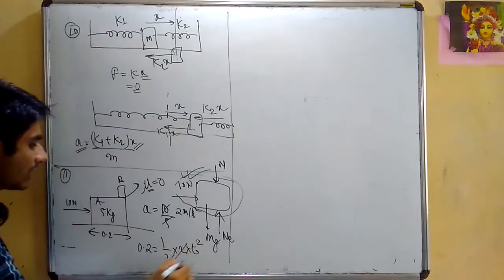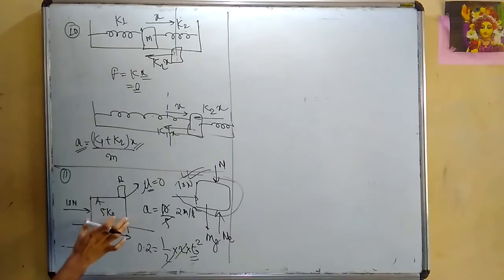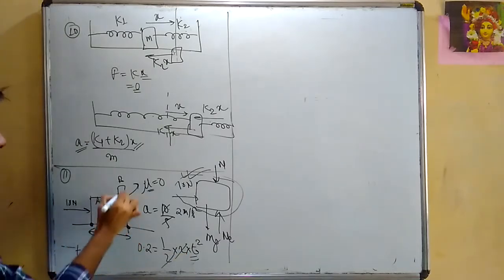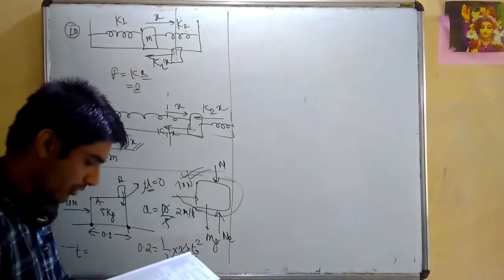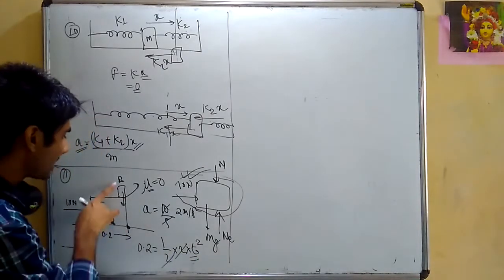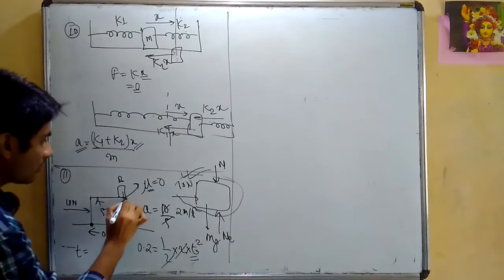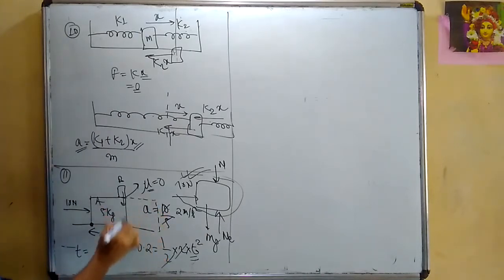So what is the time taken? If you see, time taken for covering this distance means this point will come to this point, then this will fall down, right? This is what is asked in the question. Find the time elapsed before block B separates from block A. So final figure will be something like this. It will reach up to here. Block A will leave from here, it will come up to here. Then the block B will be detached from block A.